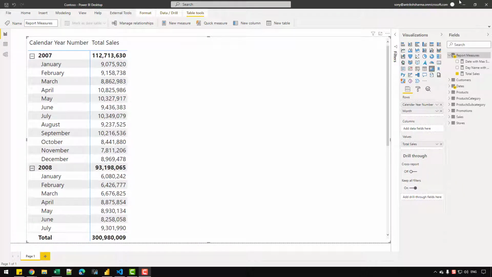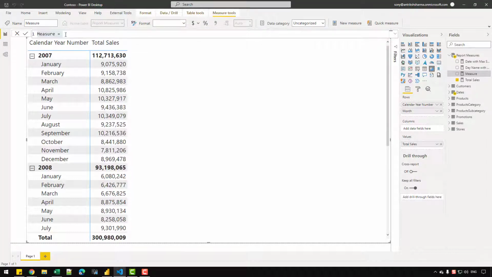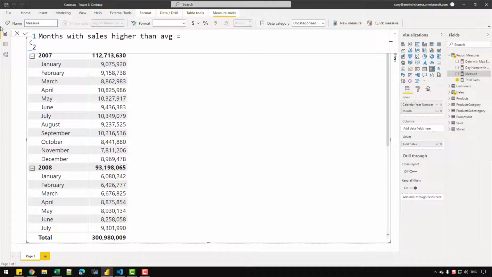So I've removed that measure from the Power BI file so that we can start from scratch, and I can create a new measure and let's name it months with sales higher than the average. And let's zoom in a little bit. So the first variable that I'm going to create will contain all the months in a given year. So I'm going to write var months in current year,